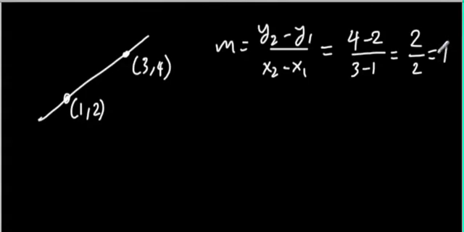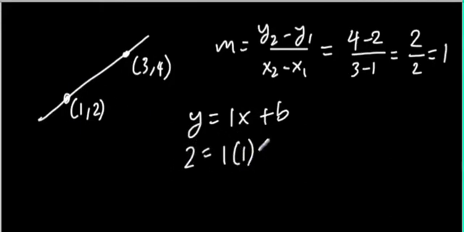And so that's the slope, and now we need to find the equation of the line. So it's y equals 1x plus b, so the only unknown is the y-intercept, which is b. The way to find that is you plug in a point, and then you see what b is. In this case, if I take this one right here, y is equal to 2,